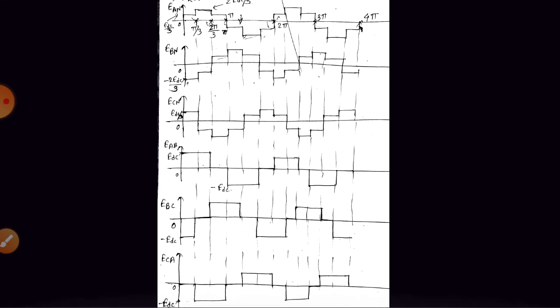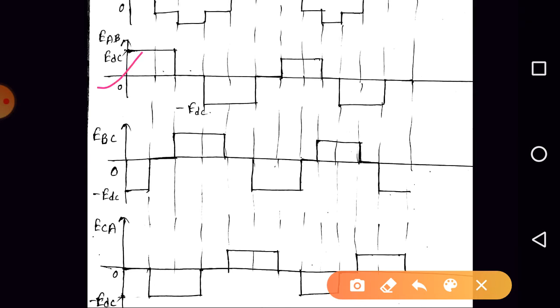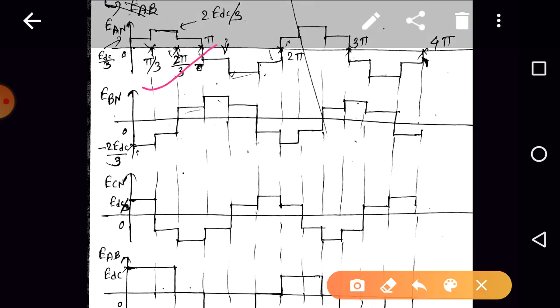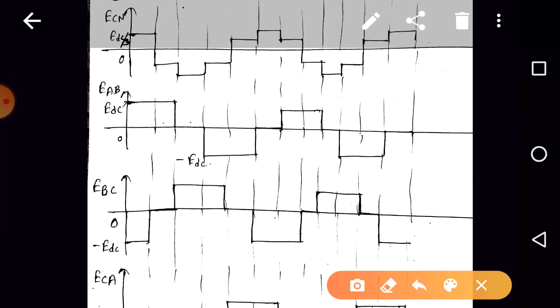So by doing the subtraction between the respective phase voltages, we can draw the waveform for line voltages. Be careful, in 180-degree conduction mode, the nature of phase voltages is a stepped waveform. The nature of line voltages is quasi square,